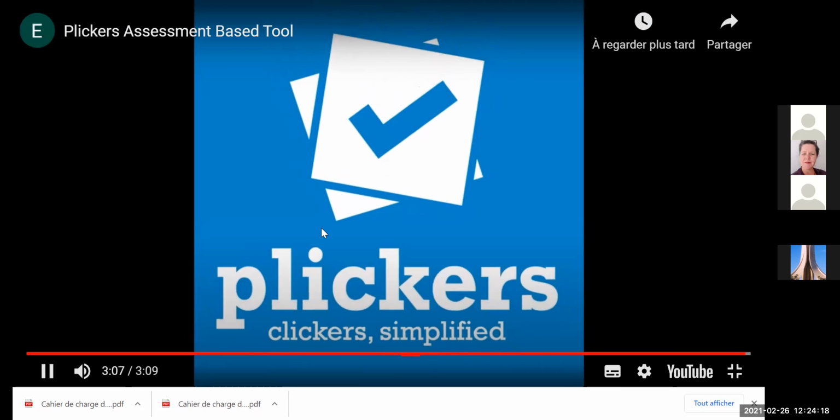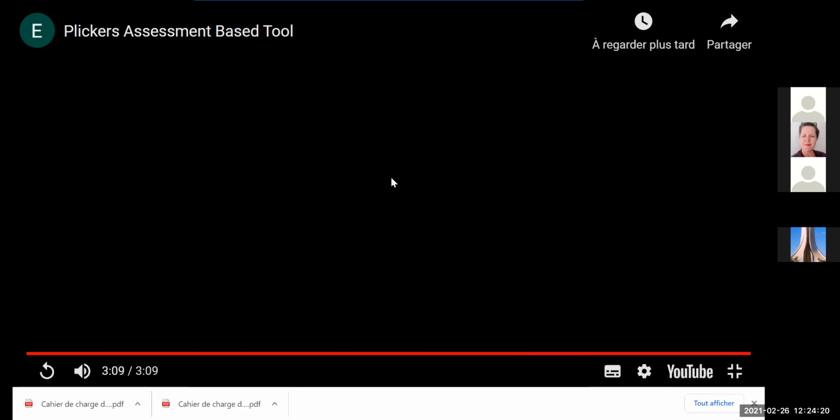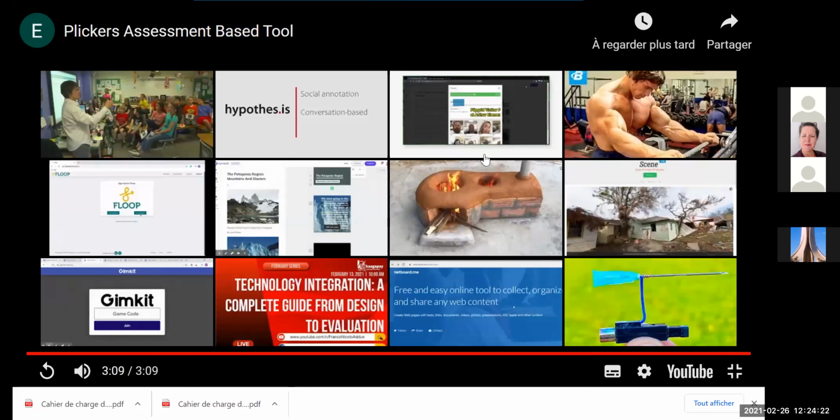Now what we have to know about this is that this is a tool used for formative assessment. So at the end of the class or during class, teachers can do some formative assessment and try to check to what extent the class has been